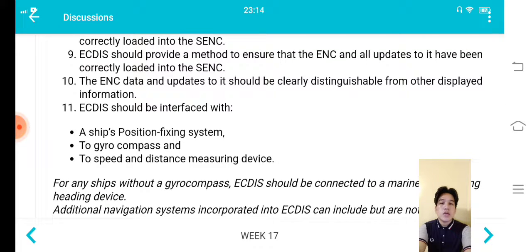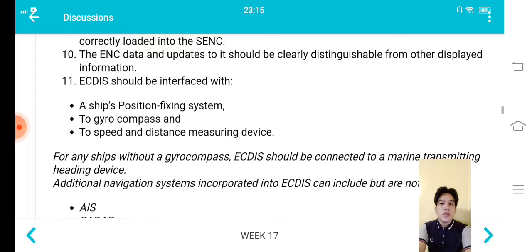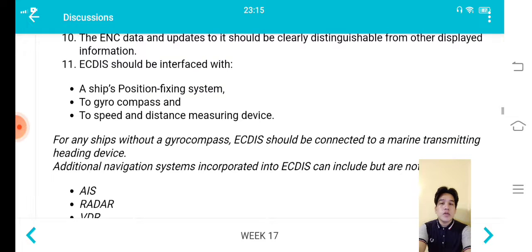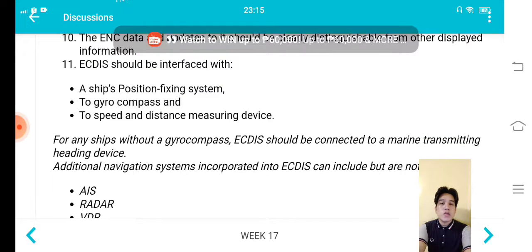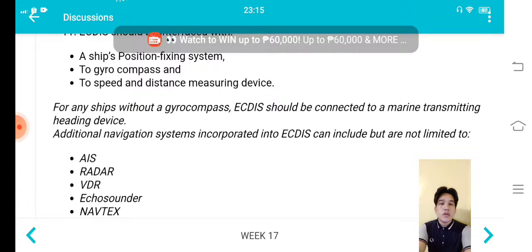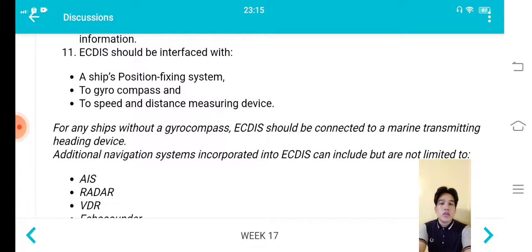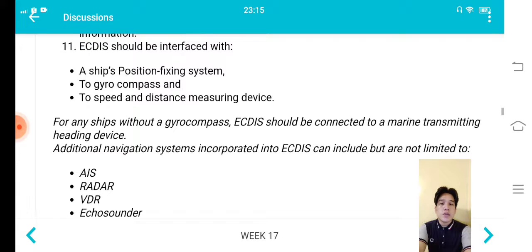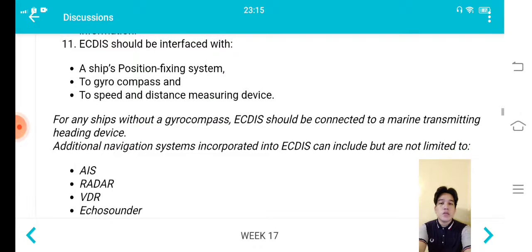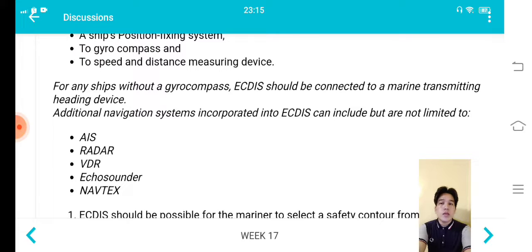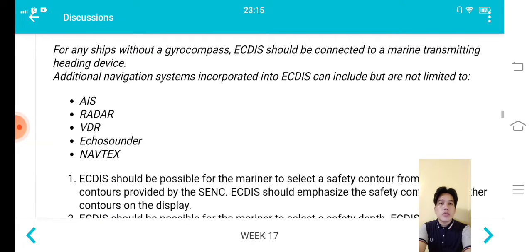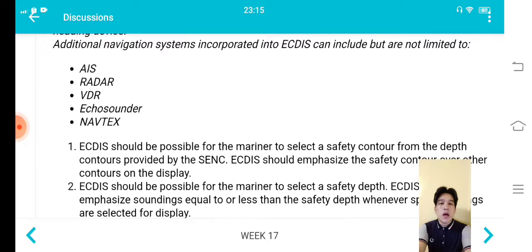And lastly, ECDIS should be interfaced with a ship's, first bullet, positions fixing system. Second bullet, gyro compass, and third bullet, speed and distance measuring device. Let's proceed to the second task. For any ships without a gyro compass, ECDIS should be connected to a marine transmitting heading device. Additional navigational systems incorporated into ECDIS can include but are not limited to AIS, radar, BDR, echo sounder,